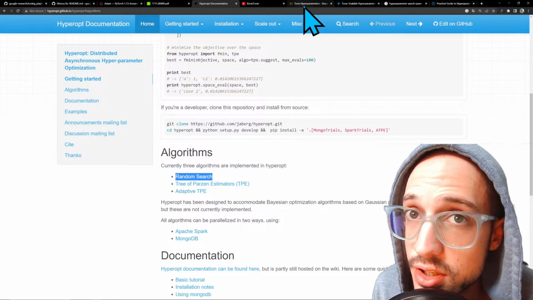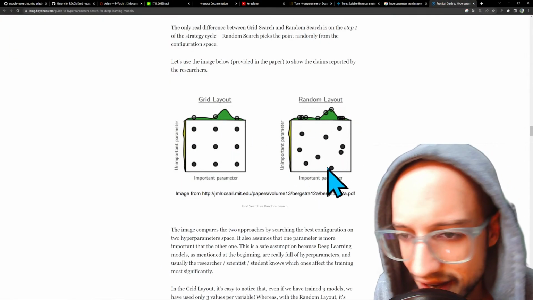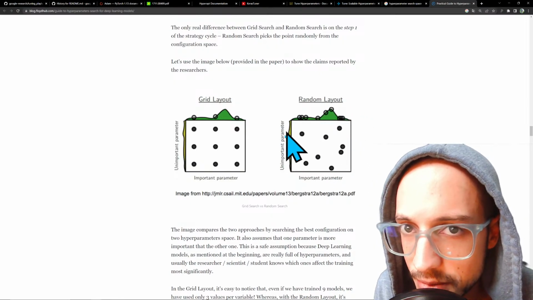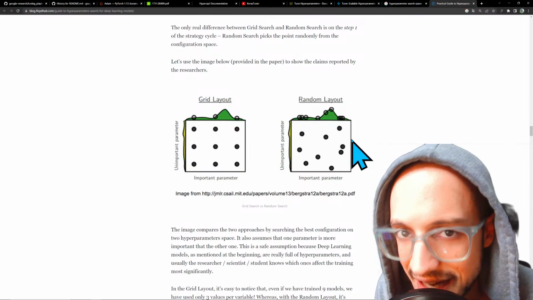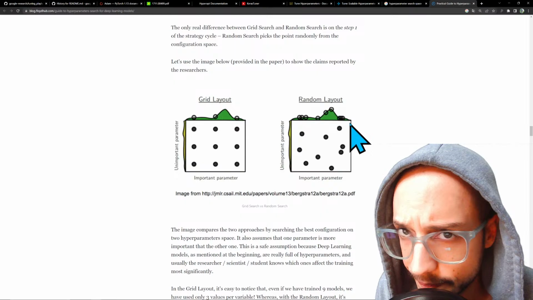Random search is just going to basically randomly pick points in your hyperparameter space and evaluate them. And then it'll pick another random one and evaluate them. And over time, you'll get hopefully a good sample rate, a good distribution over your hyperparameter space. But